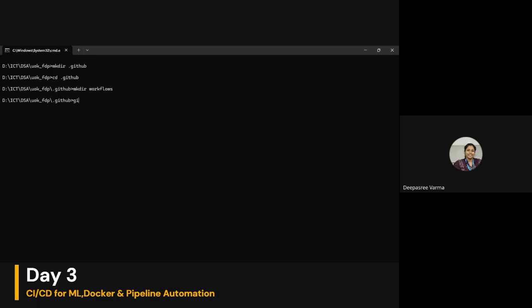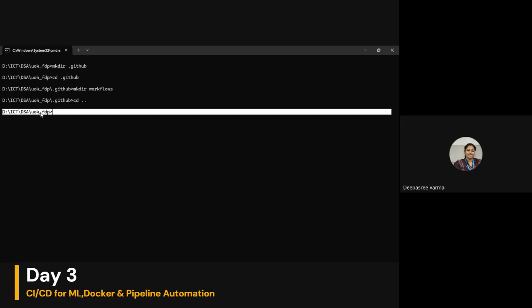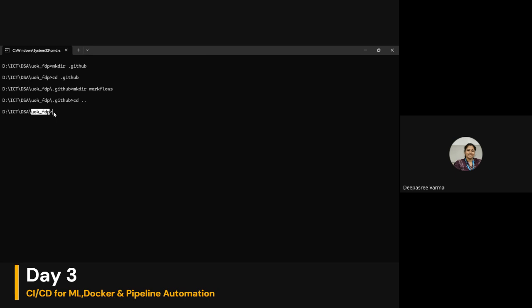So I'm telling git, I need to go back. Okay. So I'm going cd .. because I need to be in the base folder. This is my base folder. I'm standing here in the base folder, because earlier I was in .github. I just went back using cd ..